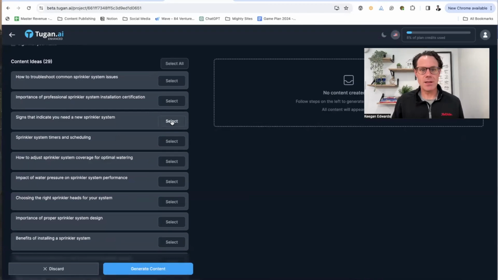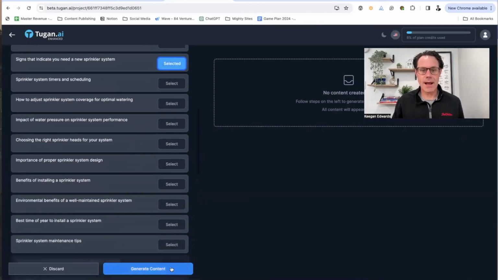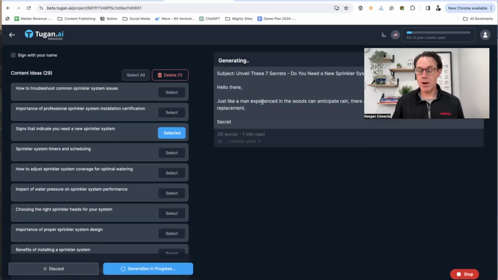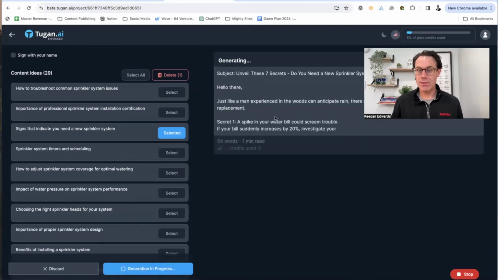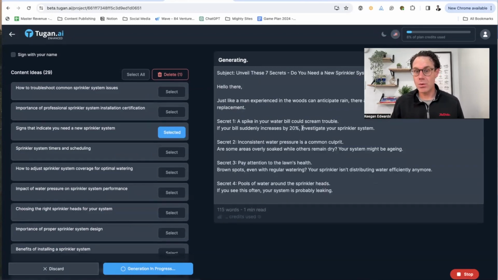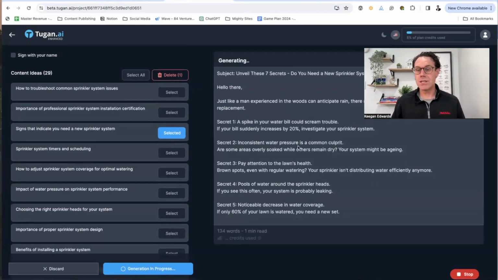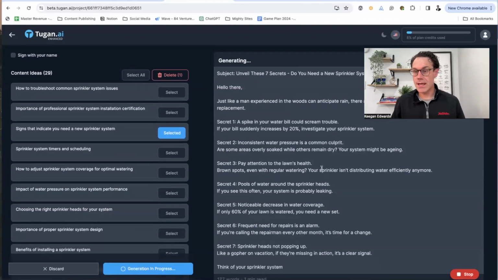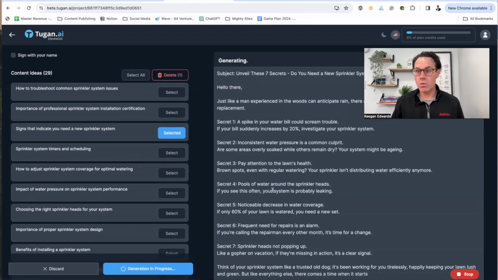Signs that indicate you need a new sprinkler system. So I'm going to select that one and then I'm going to click on generate content. So now I've got my newsletter that's going to go out and it's going to be signs you need a new sprinkler system, right? So now you can see it's writing all of this, and all of a sudden it's going to talk about, hey, if your bill went up by 20%, if you're seeing inconsistent water pressure, if you're seeing issues with your lawn's health, if you're noticing water pools,